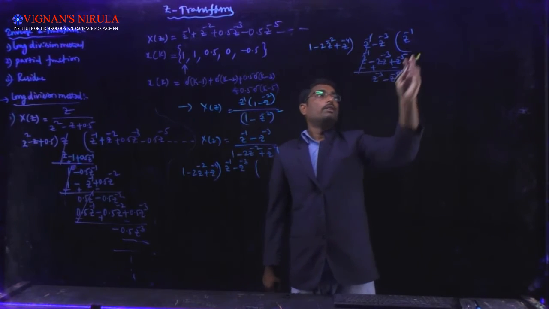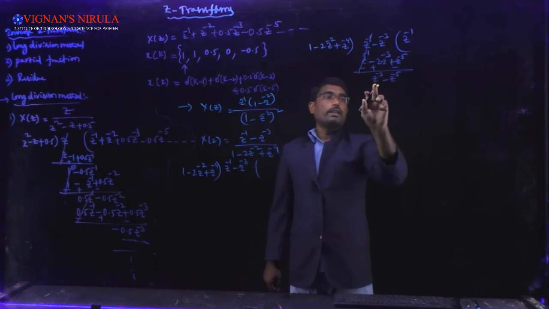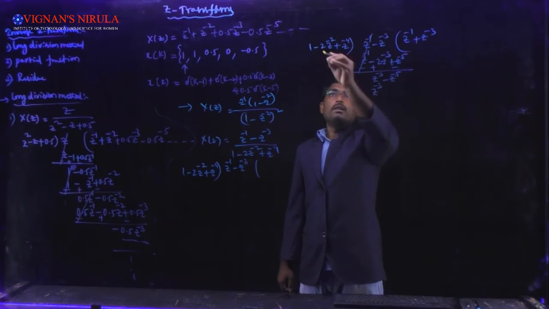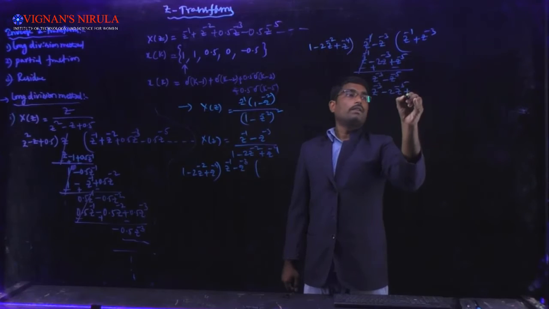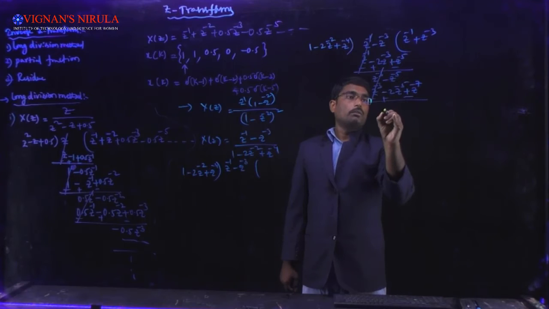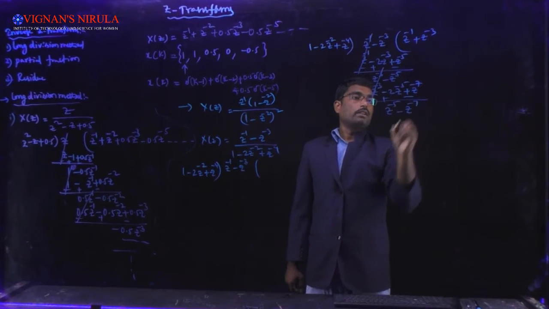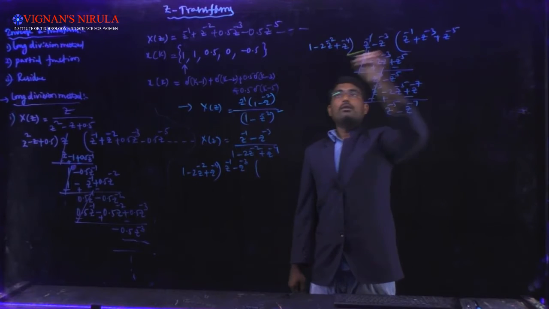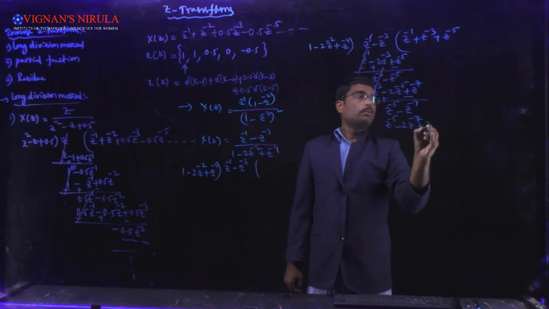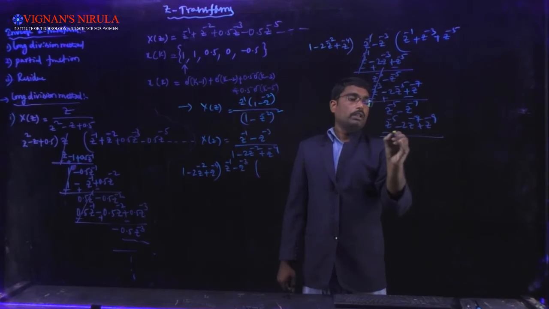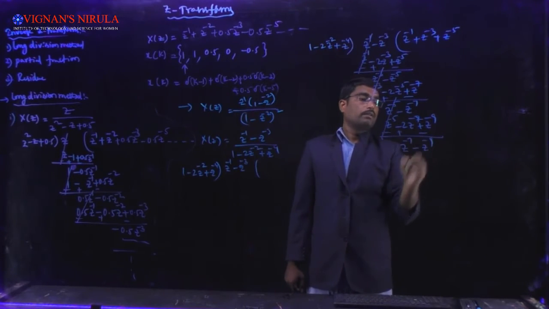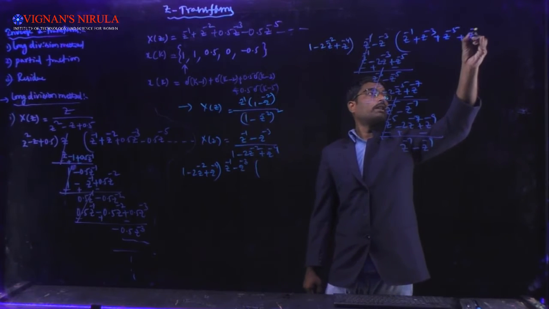Again, in the second division, with which term we need to multiply this first term in order to get this first term? So plus z power minus 3. Z power minus 3 minus 2 into z power minus 5 plus z power minus 7, minus plus minus. So this is 2 minus 1 means z power minus 5 minus z power minus 7. Again, so plus z power minus 5 into 1 means z power minus 5 minus 2 into z power minus 7 plus z power minus 9. So minus plus minus, z power minus 7 minus z power minus 9. Again, in the next term, we will be getting z power minus 7 plus 1.